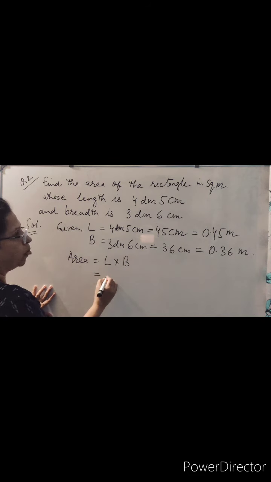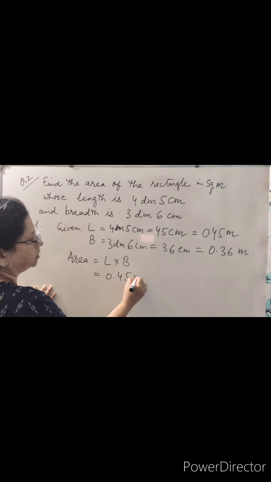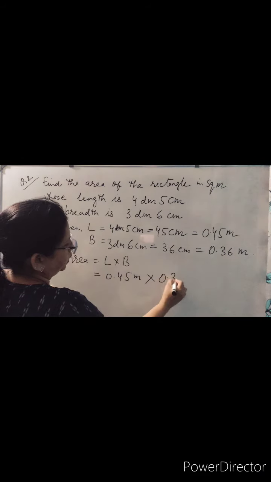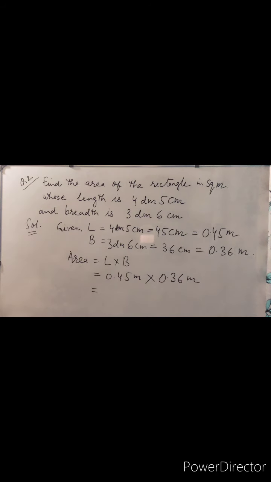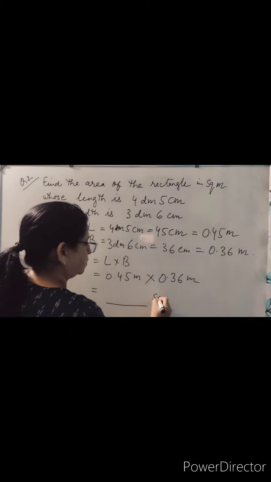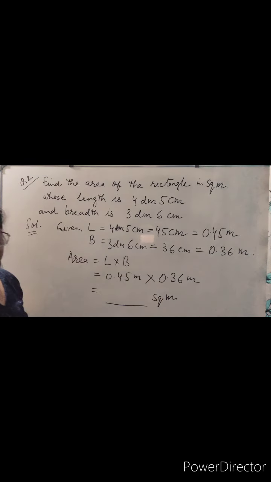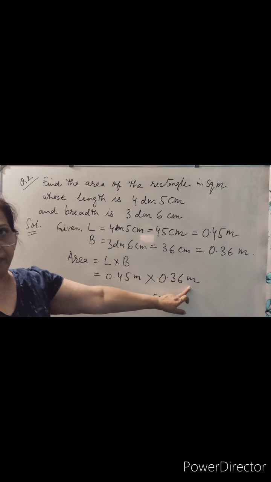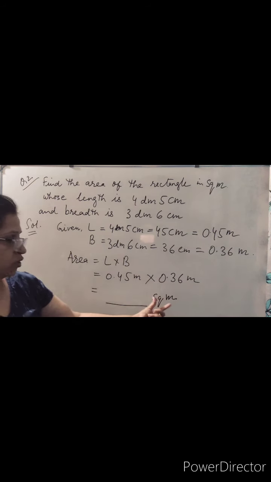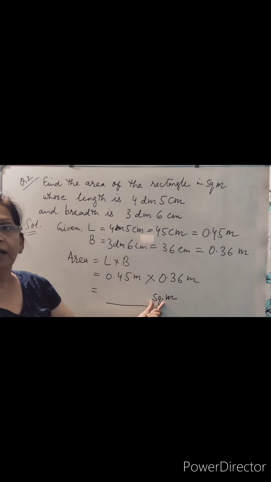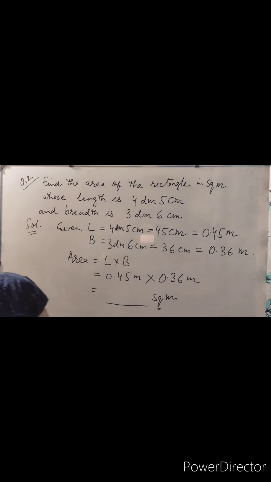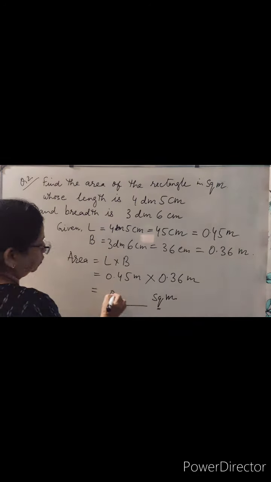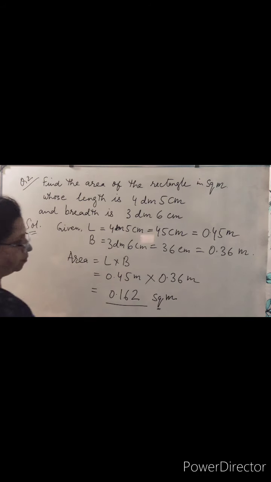Now put the formula of area L multiplied by B, which is equal to 0.45 meter multiplied by 0.36 meter, and the answer is, when you multiply these two number, जो भी answer आएगा, write it as square meters. Meter multiplied by meters becomes square meters, and square is the unit of area. जब भी आप एरिया निकालेंगे, ये जो वर्ड आप स्क्वायर यूज करते हो, ये शो करता है कि हमने यहाँ पर एरिया फाइंड आउट किया. दिस इज द यूनिट ऑफ एरिया. So when you multiply these two, you will get 0.162. Check it out.